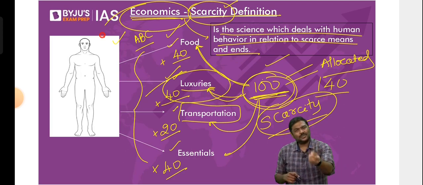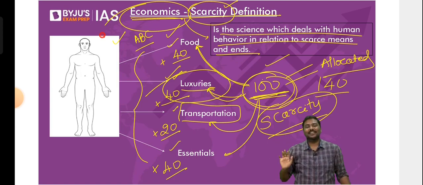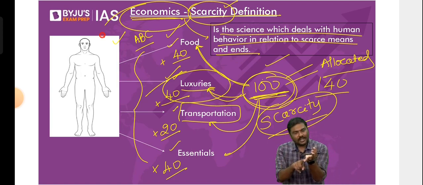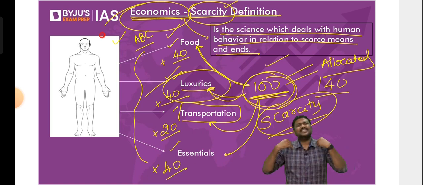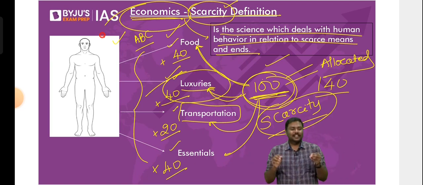Now let me give a very simple example so that you quickly understand. The term economics might be new to you, but trust me, you have been practicing economics. Either you are a job holder or you get pocket money from your parents. Don't take it as an offensive statement, asking how I can say you are dependent on your parents. I'm not saying that. Imagine you're a job holder.